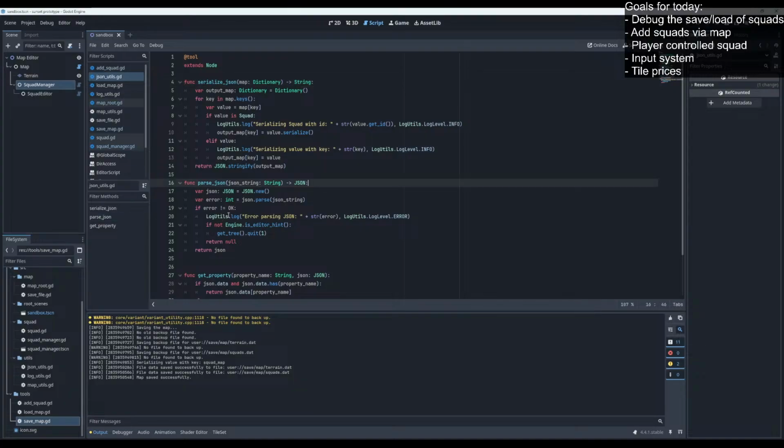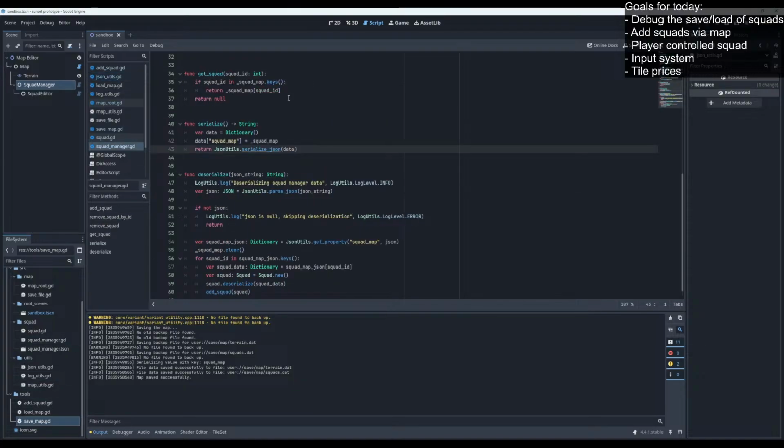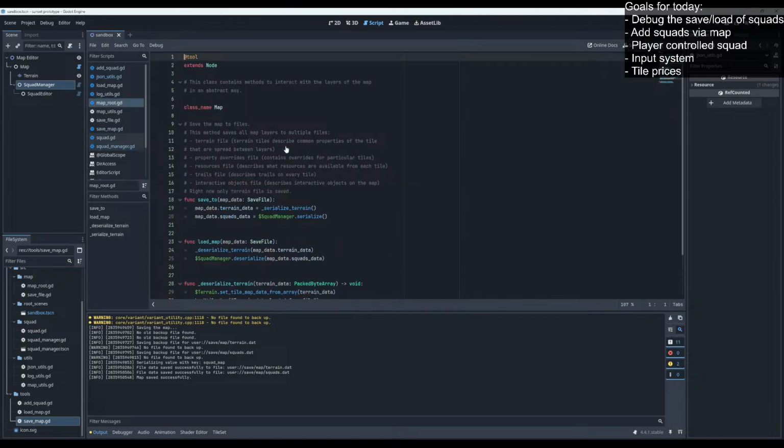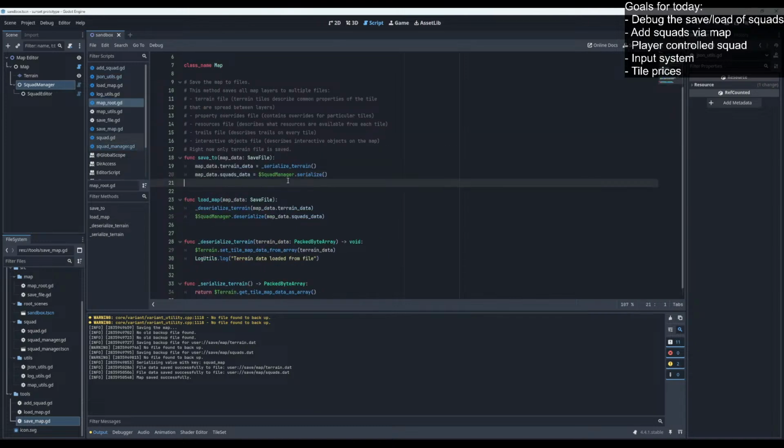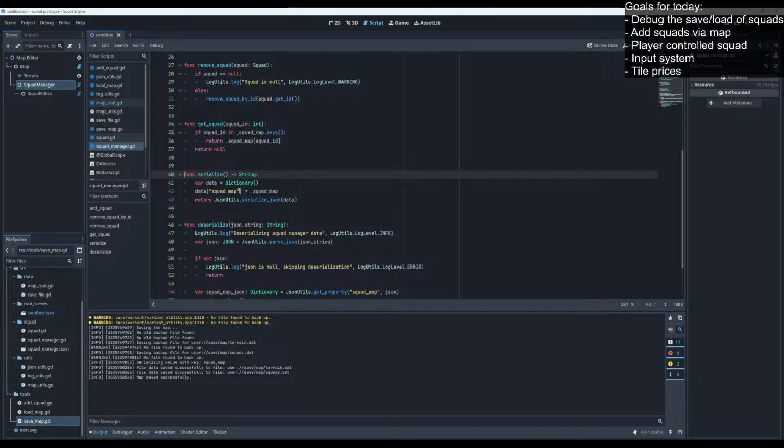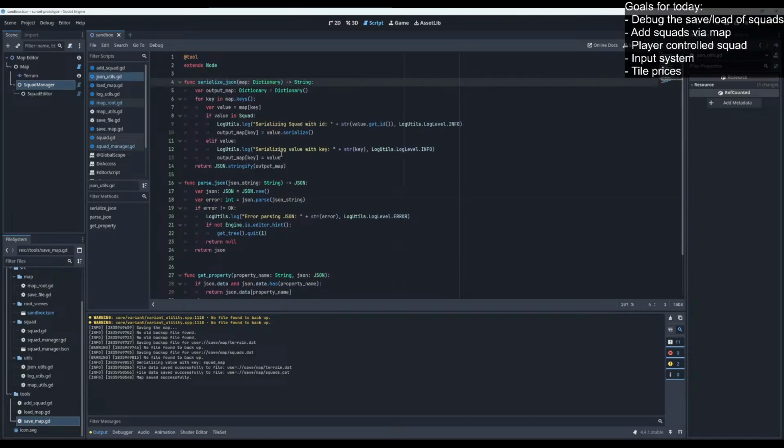Right. Where was it again? Here. Not here. Here. Squad manager serialize. It's a map with just a map. Okay, we need to